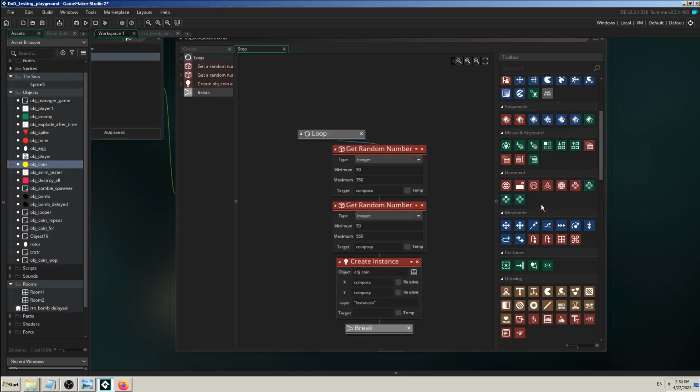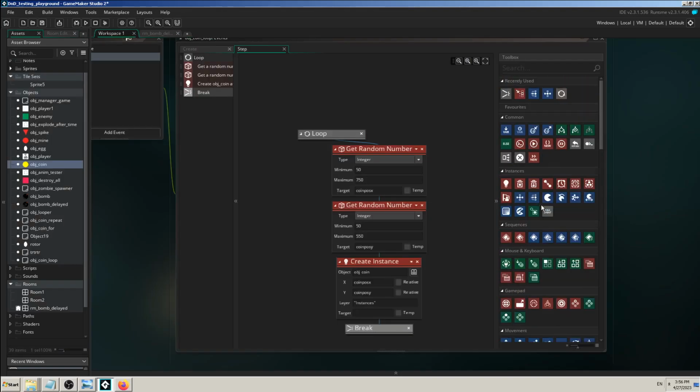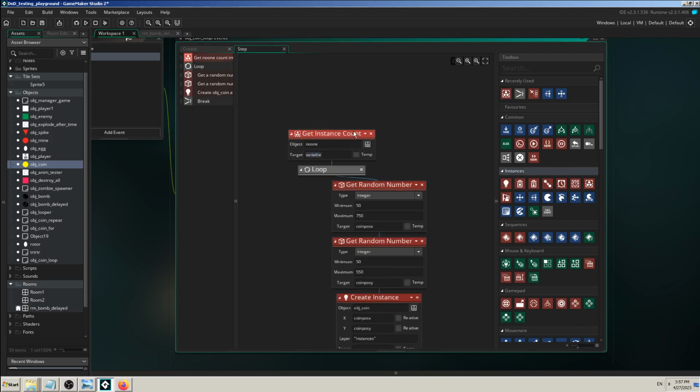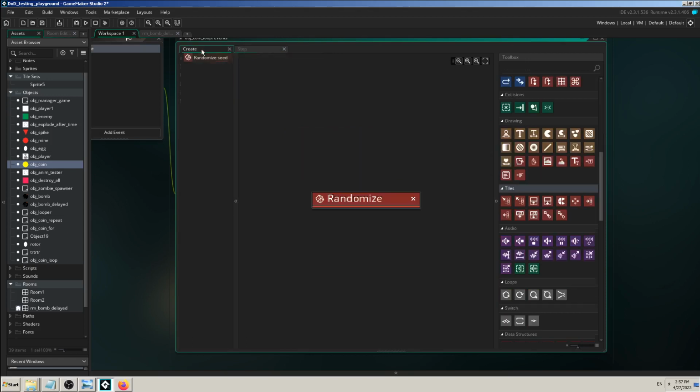To find that, we can use one block which we have learned before, and that one is called get instance count, which is available here in the instance group of blocks. So get instance count, I will put it above the loop, but I have to put it in my step event. Again, don't put it here in create. We only have randomize in create, but